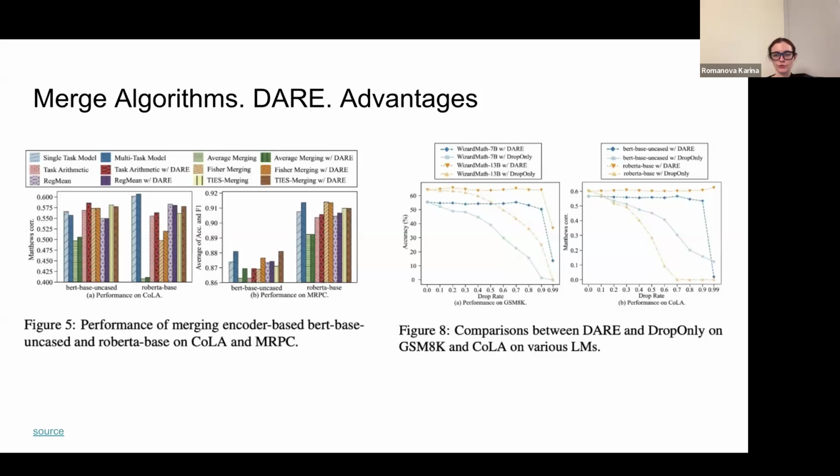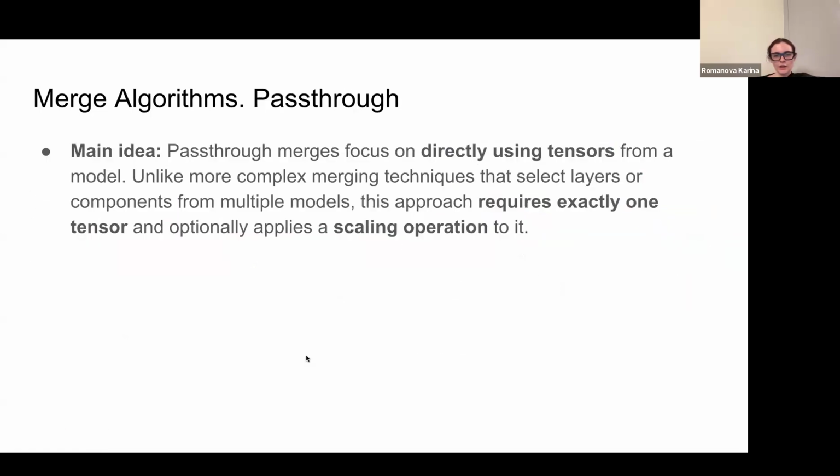Let's see the robustness of this method on graphics and in the scientific paper, which is linked here. Okay,